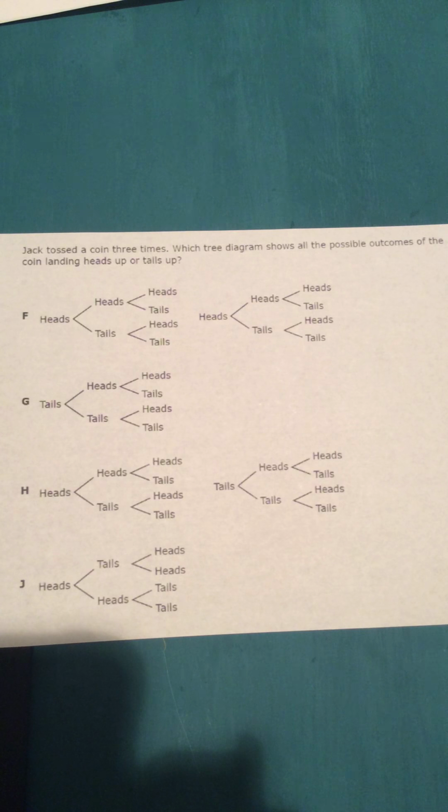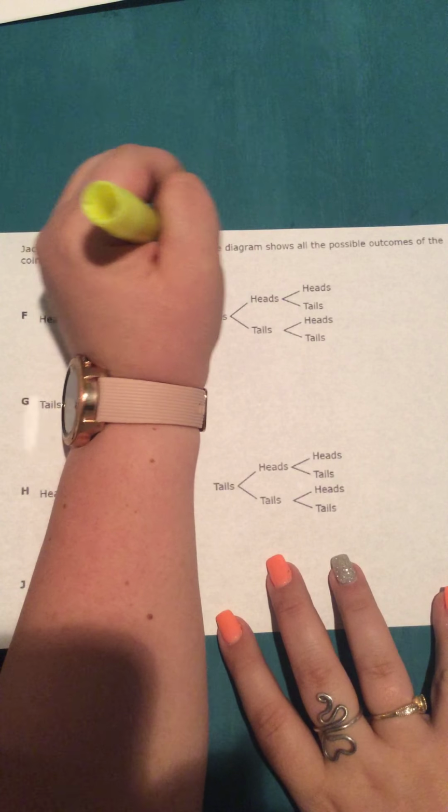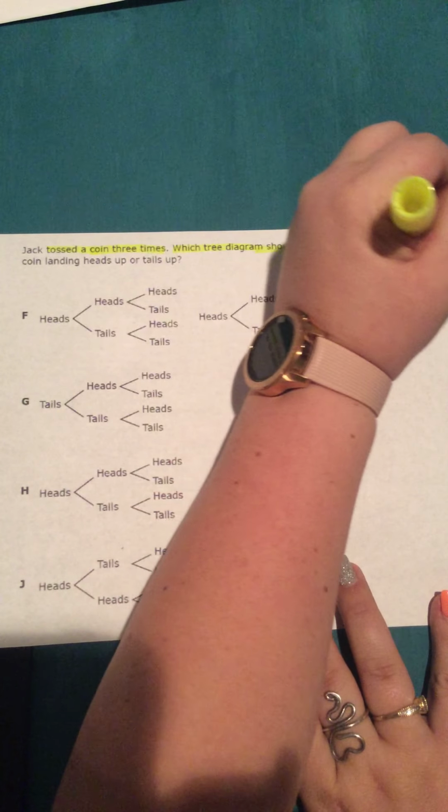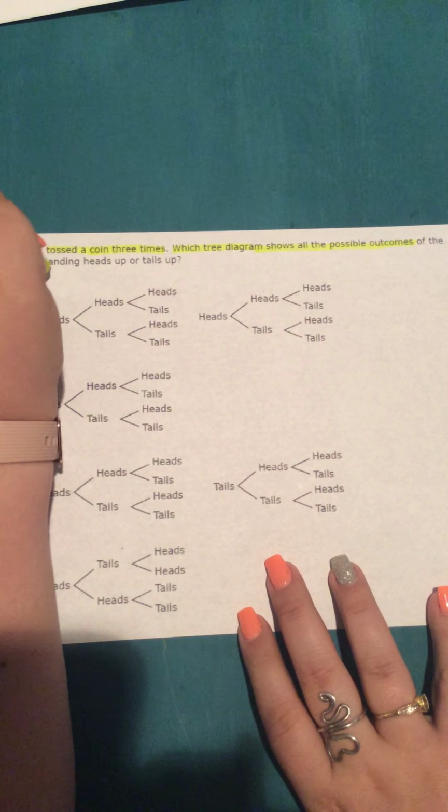To solve this question, let's begin by reading the question. Jack tossed a coin 3 times. Which tree diagram shows all the possible outcomes of the coin landing heads up or tails up? So for this question, we know that he tossed a coin 3 times. We also know that we are looking for a tree diagram that shows all the possible outcomes of landing on